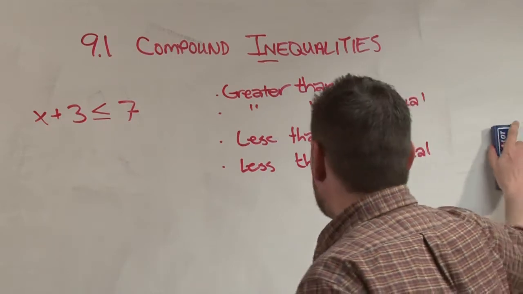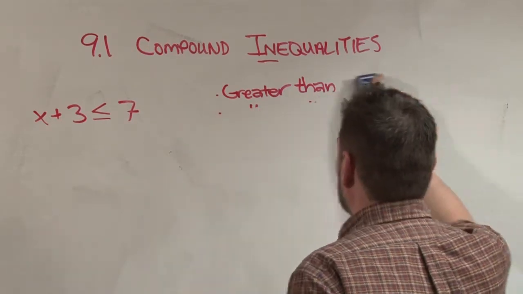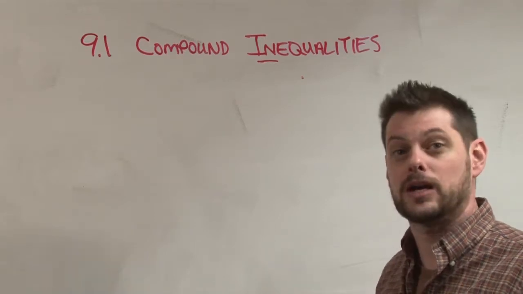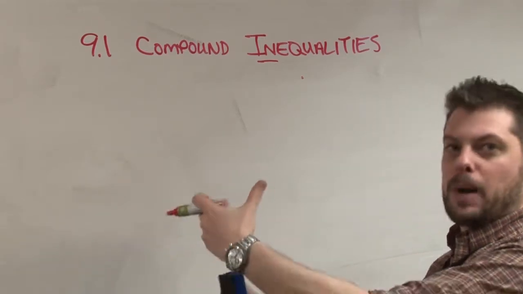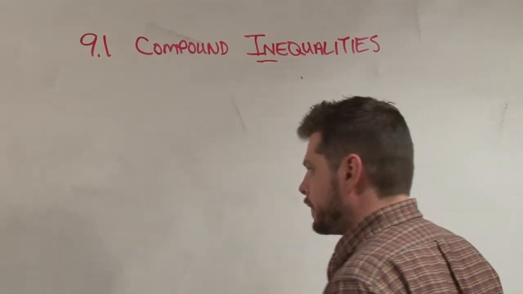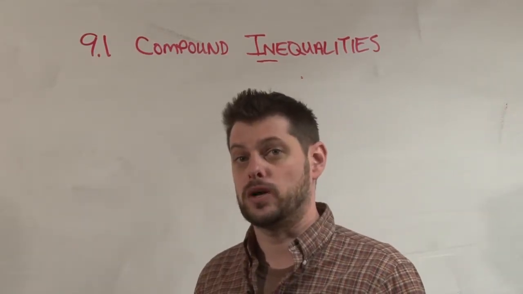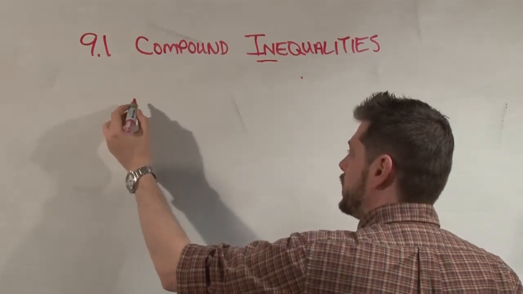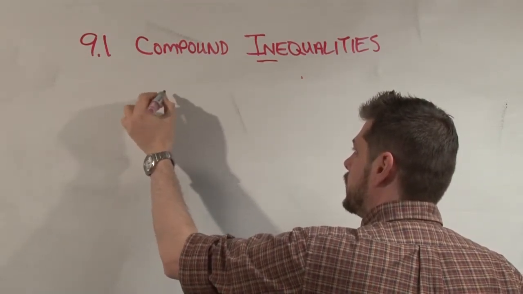As we continue to talk about compound inequalities, what we mean is we're going to put more than one equality or inequality together. We're going to combine them. You can kind of see it in the word there. We're going to compound them together. And when we do this, we can do it in one of two ways. We can say that we have a compound inequality that means a quantity is between